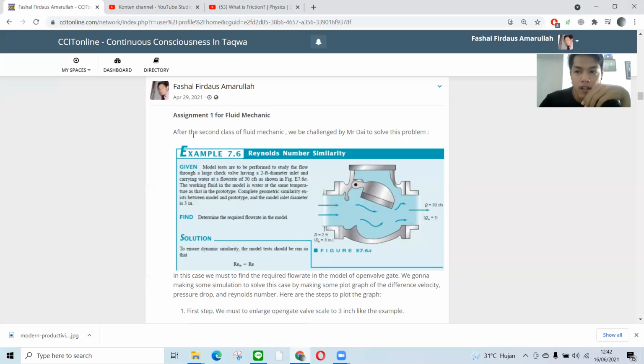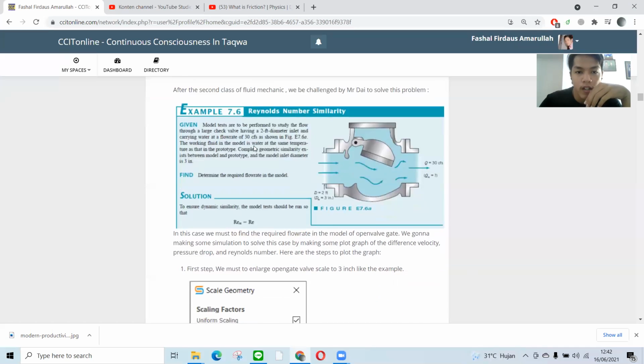In this example assignment, we have an open gate valve with a diameter of 2 feet and a Q of 30 GFS. We must find and determine the required flow rate in the model.